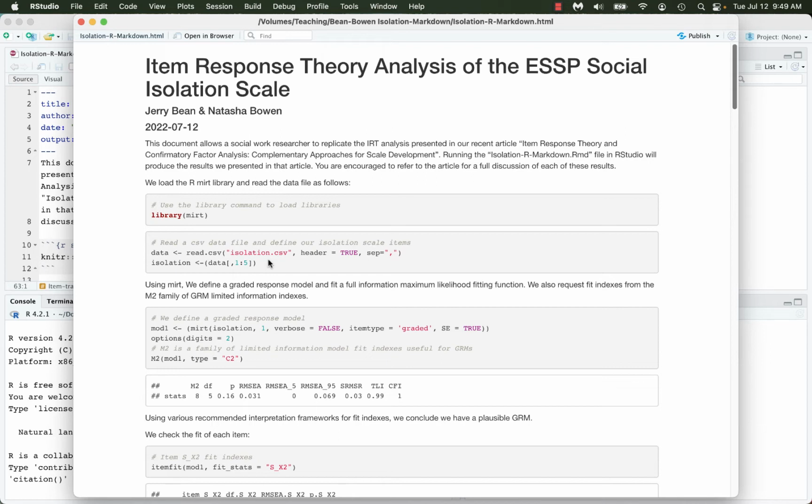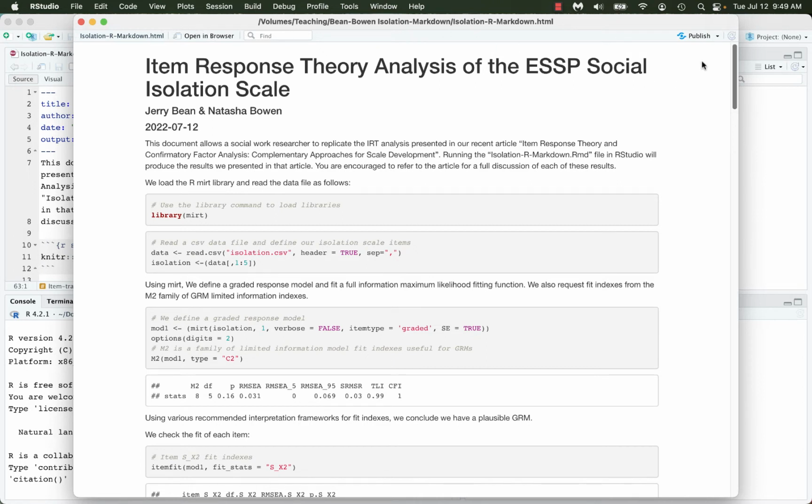Also, people will have the isolation file if they're interested in doing something with the data. They actually have it, and typically I get calls to, do you actually have the source code that you did, not just the RMD file, the Markdown file, but the actual script, and I generally share that as well. So the regular script would just have these commands in it. It wouldn't have the stuff in the Markdown that you get in the Markdown.